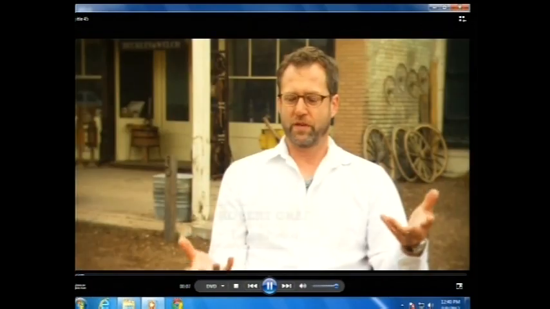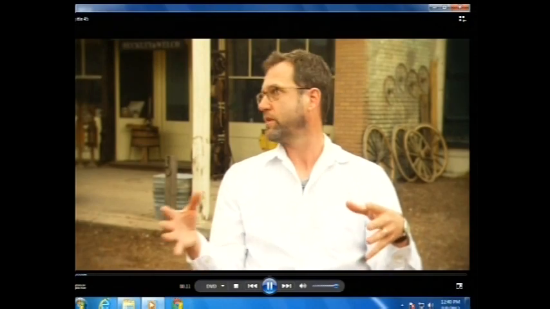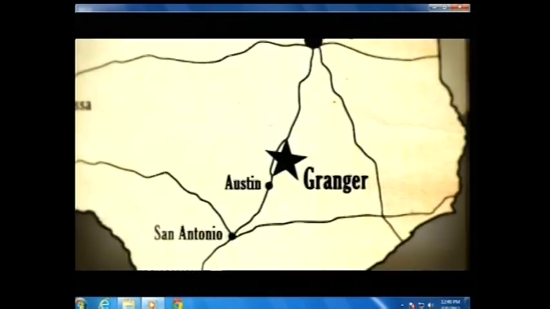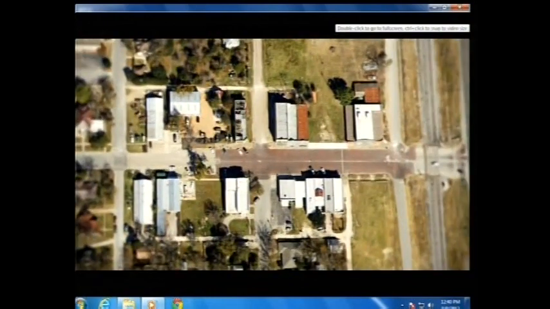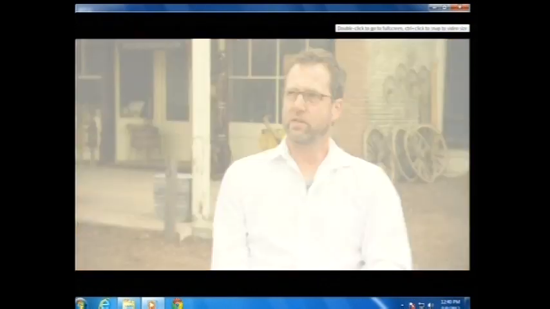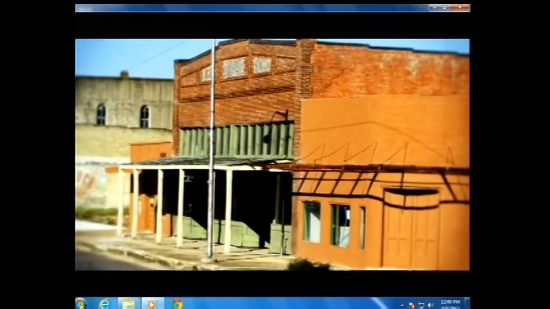In the course of figuring out how to shoot the movie, we happened to find a town here, where we're sitting right now in Granger, Texas. This was a railroad town at the turn of the century, and some of these buildings are a little bit later than 1878. We managed to come in and try to bring things back another 25, 30 years.